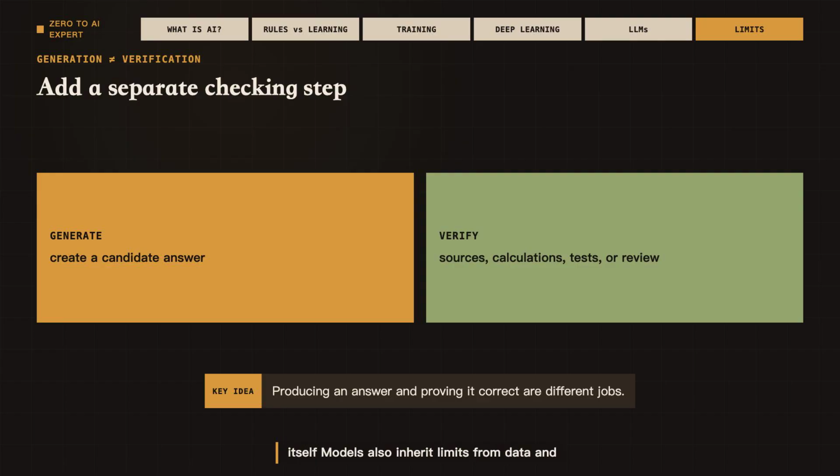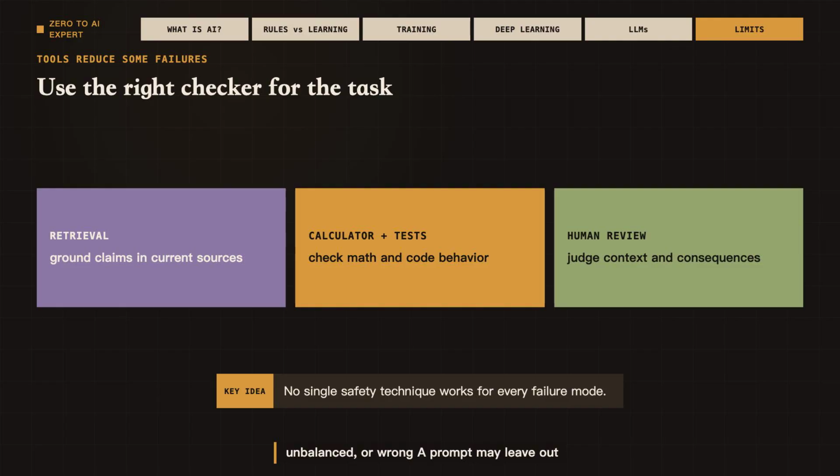Models also inherit limits from data and design. Training data may be incomplete, outdated, unbalanced, or wrong. A prompt may leave out needed context. The system's objective may reward behavior that does not match the user's real goal. A model that performs well on one benchmark may fail after the setting changes.